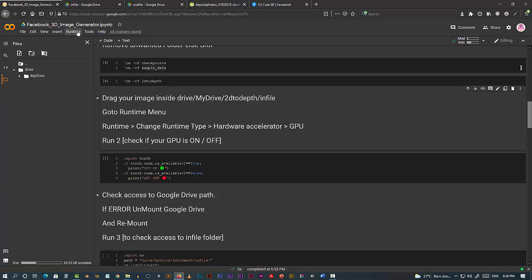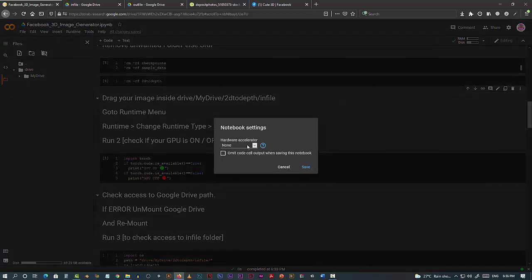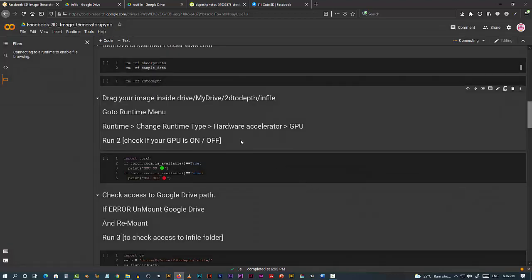Now we're going to run. What we're going to do? We're going to go in Runtime. So this is the Runtime. Then Change runtime type, hardware accelerator, GPU. Then save. Okay. As you do that, you will see everything has disappeared. Don't worry, it's going to restart again, and I'm going to show you everything. So don't bother. Still initializing and all. And there it is. It's come back.